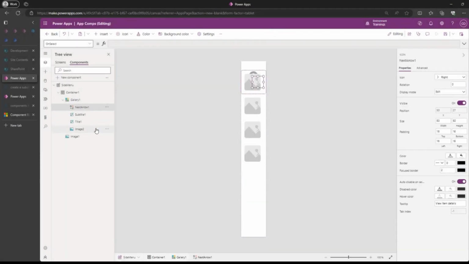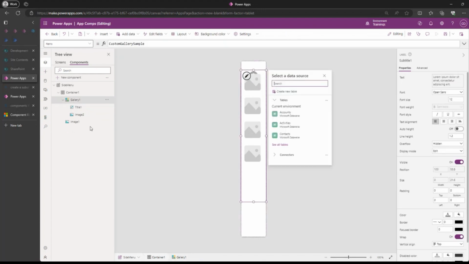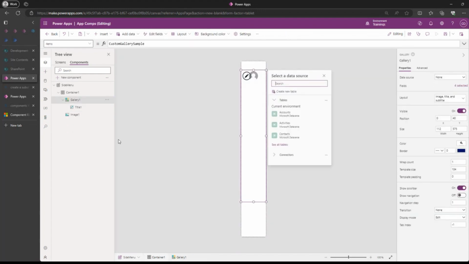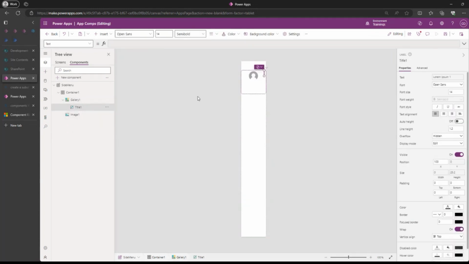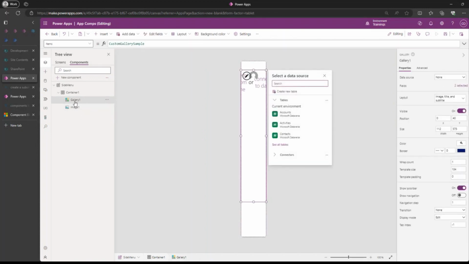Okay, I don't like this. I may need the title, but I'm not sure yet. So I just don't like it yet. So I'm going to reposition this,